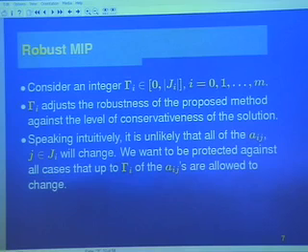On the other hand, as we realize, you go from the nominal to a completely robust solution. Gamma is a parameter that controls this trade-off. Speaking intuitively, it is unlikely that all the numbers will change. Moreover, it is even more unlikely that all the numbers will change in a truly worst-case setting. It's as if nature conspires to really maximally hurt you. So this gamma, in a way, is a parameter that tries to adjust to that. We want to be protected against some changes, but perhaps not all of them.